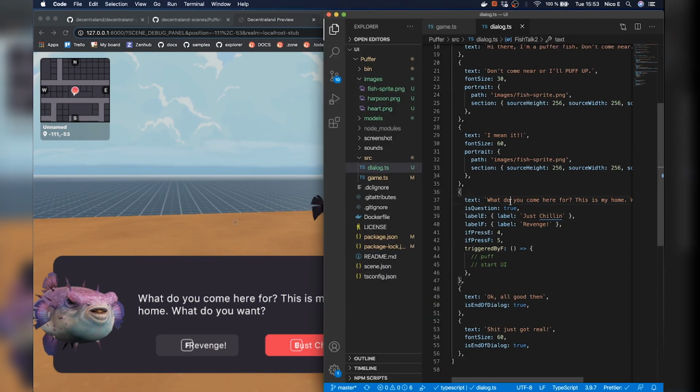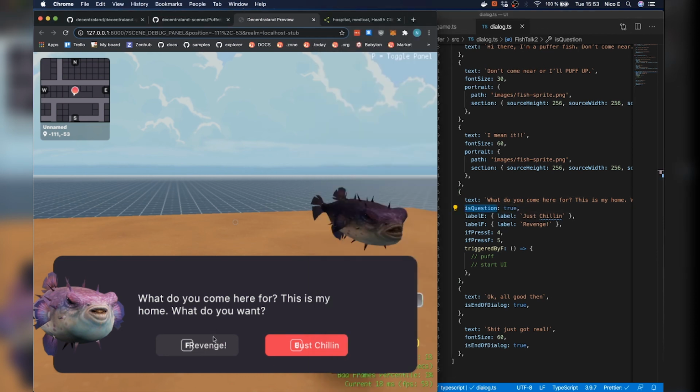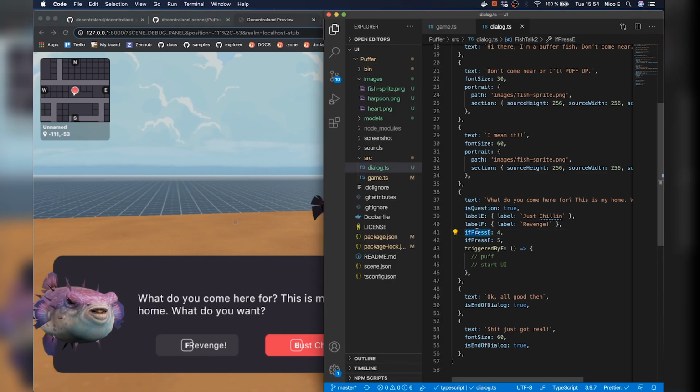And since this one was of is question true, then we're presented with actually two options. I should align these better, but yeah, I can choose the E or the F. These again can be triggered by hitting the E and the F keys besides just clicking on the UI. And they will also create different sounds when clicked. And these two fields let me jump to the conversation part 4 or 5 depending on which one of these is pressed. And I set this up so that if you click F, right now nothing happens,